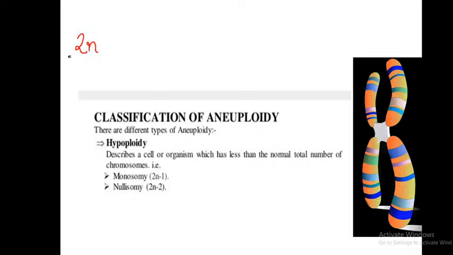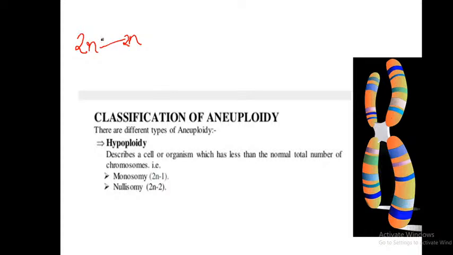Then when a gamete contains an extra chromosome, usually the gamete formed should be n. But if 2n is formed instead of n, when a gamete contains an extra chromosome, it is fertilized